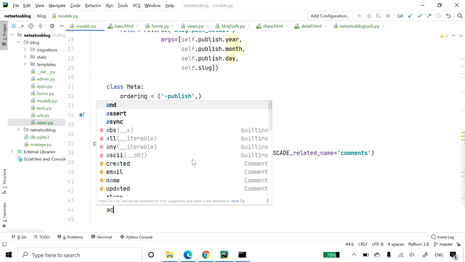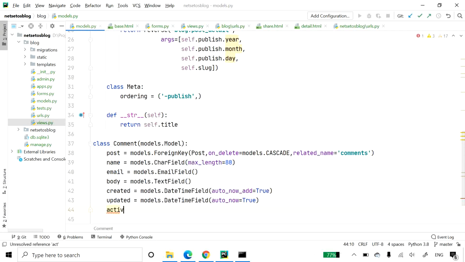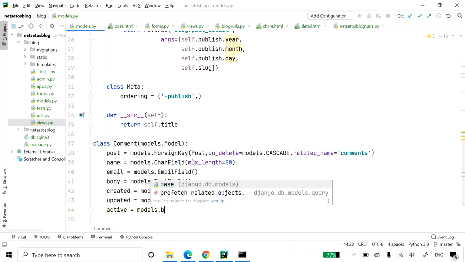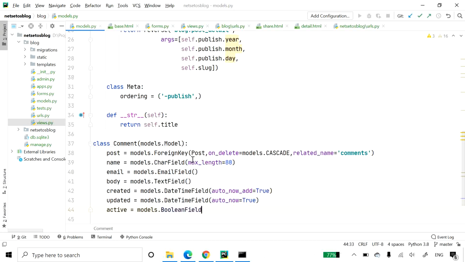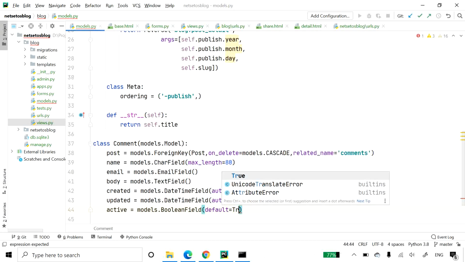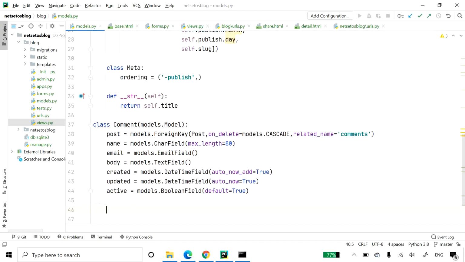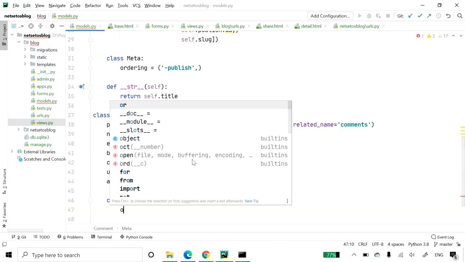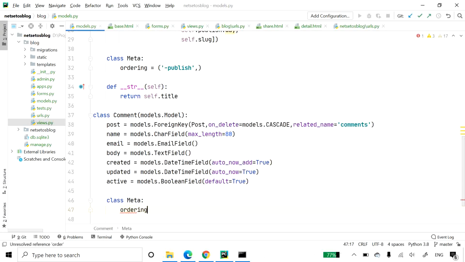Then we will have an active state. So active is equal to models.BooleanField, and it should be by default True. And then I'll create a Meta for it where ordering is equal to created.